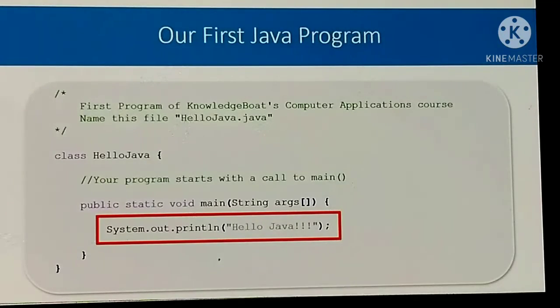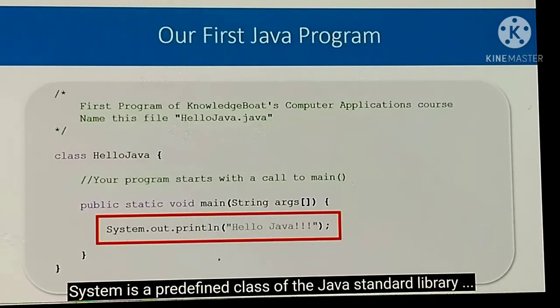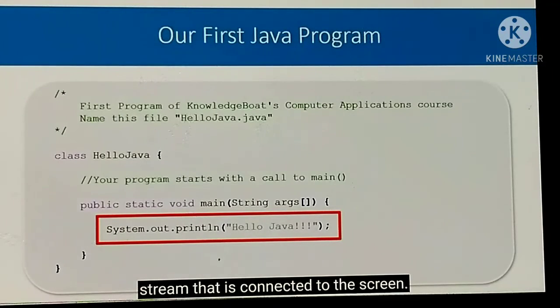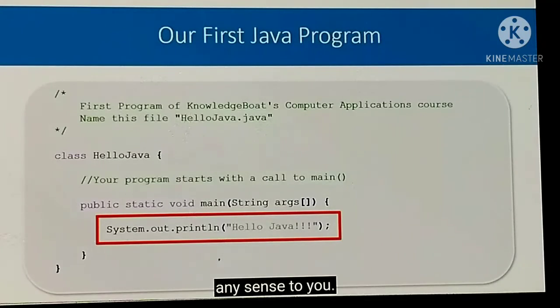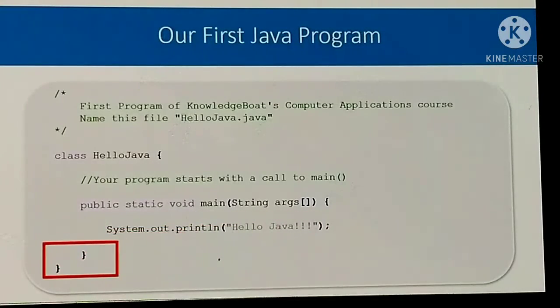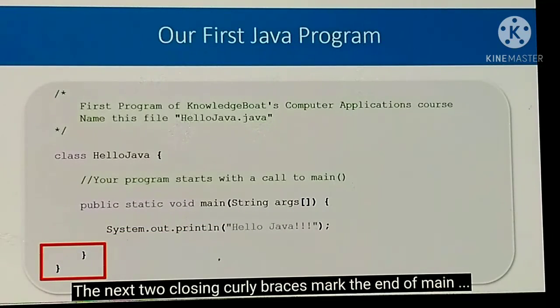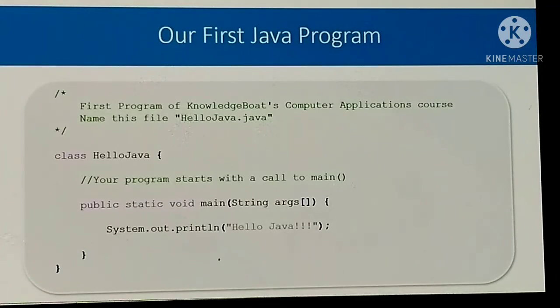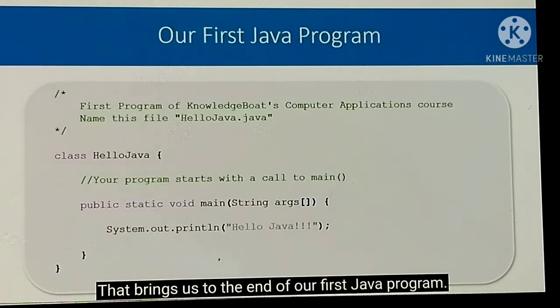The line begins with System.out. System is a predefined class of the Java standard library that provides access to the system, and out is the output stream that is connected to the screen. Don't worry if the last sentence I said didn't make any sense to you. Just remember that we use the System.out.println method to output something on the screen. The next two closing curly braces mark the end of the main method and the HelloJava class respectively. So that brings us to the end of our first